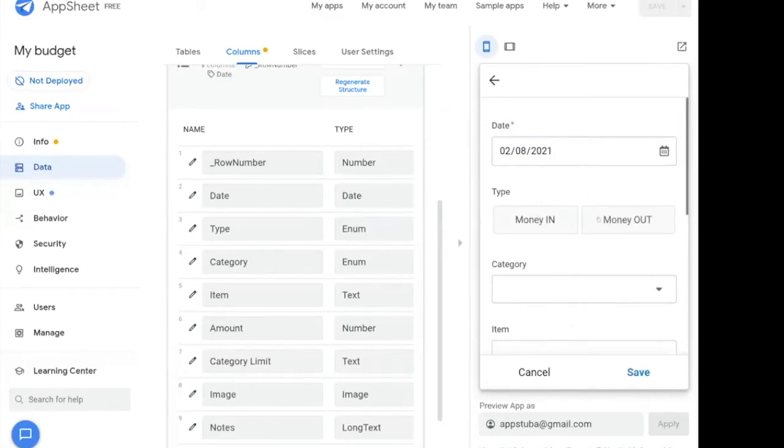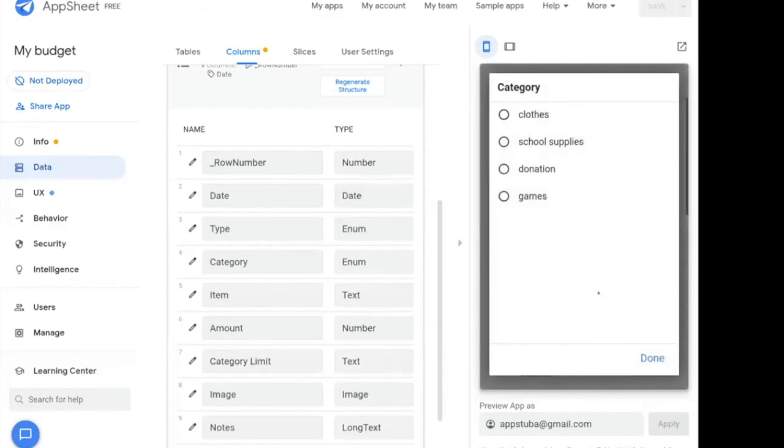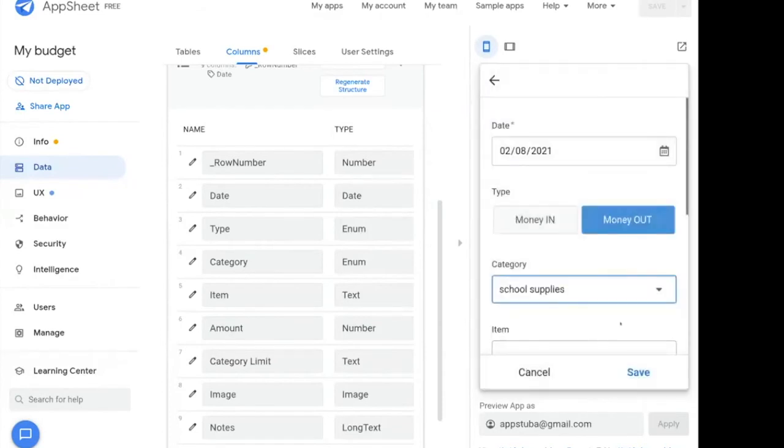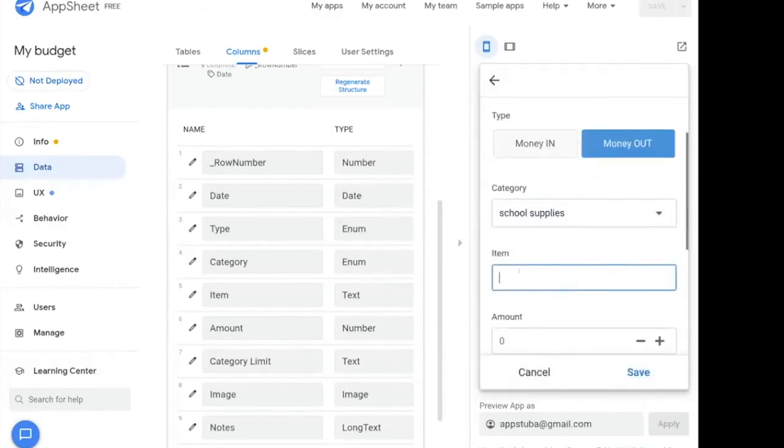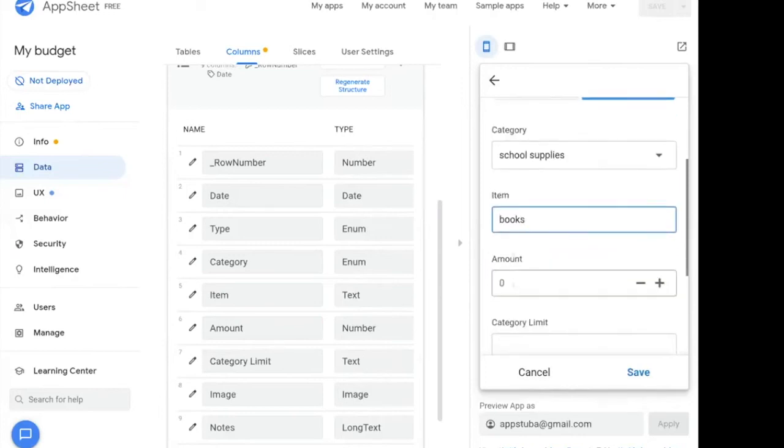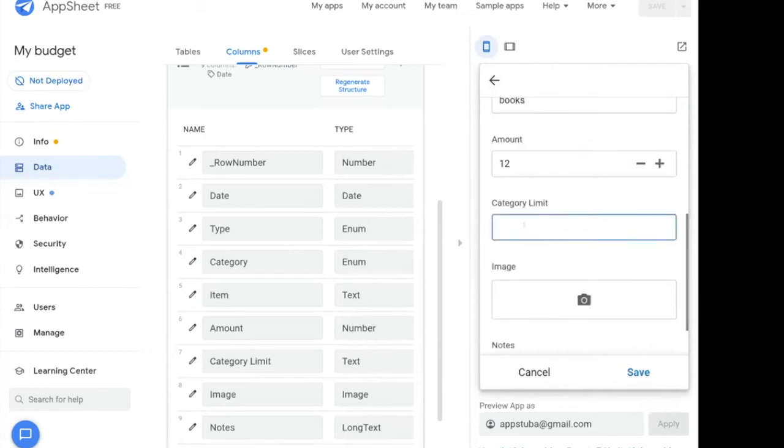So I can say money in or money out, and I spent on school supplies. And what was the item? Books. And I spent $12. And I had this category limit, which can be fixed.